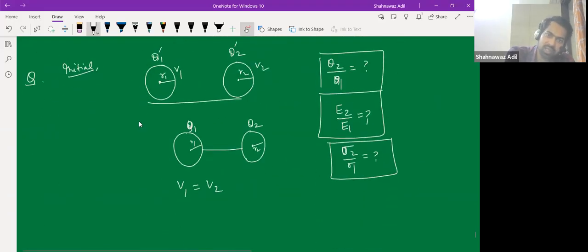Okay, so this is the question that we did. When we joined them together, after joining, charges will flow from higher potential to lower potential, and then charges will acquire something. So this would be Q1 charge, Q2 charge, and the voltage becomes equal, right? So after joining them together,